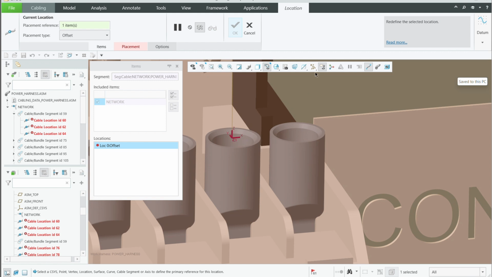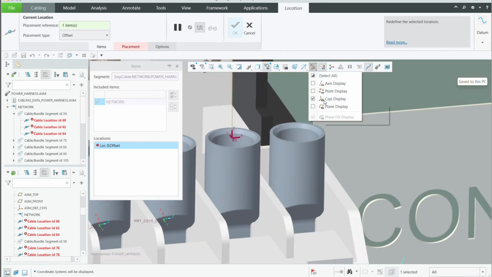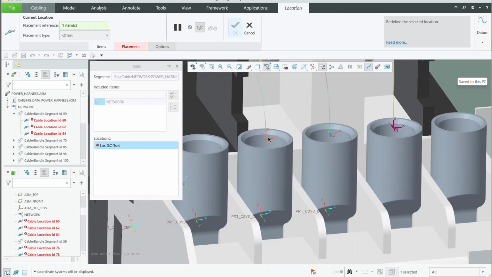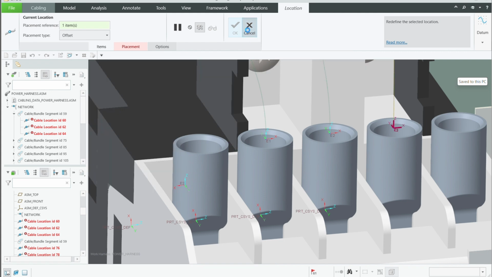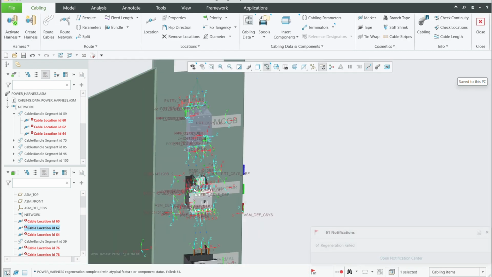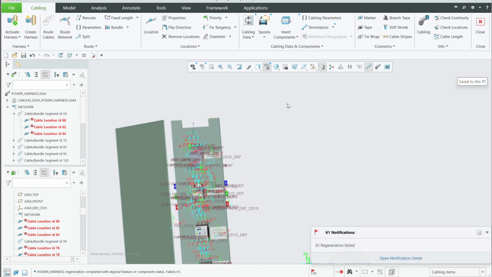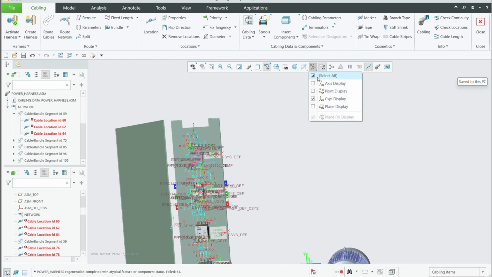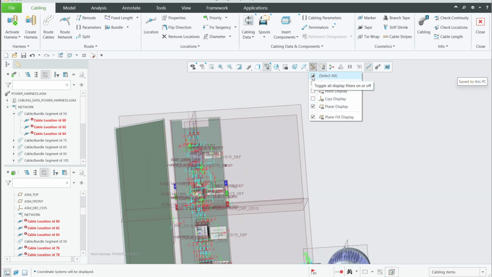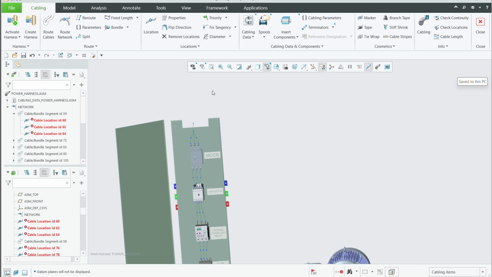It does not detect the coordinate system. So yeah, that is one issue, but it does not impact our cabling process, auto routing. Unselected. Now to route the cables,